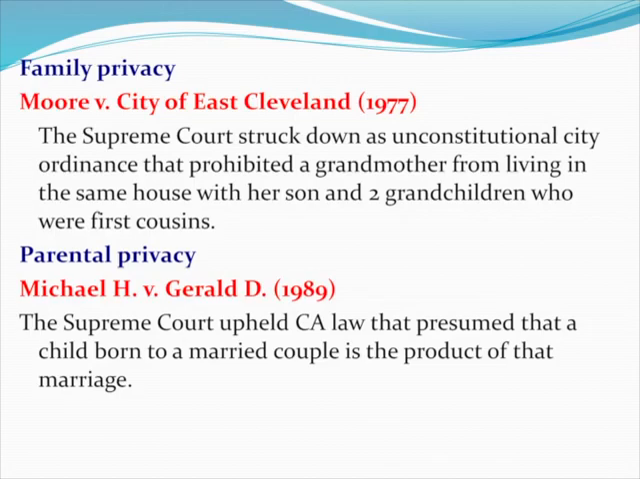Moore versus City of East Cleveland was an interesting case. A grandmother and two of her grandchildren, who were not brother and sister but first cousins, lived in the same dwelling unit together, which was against the ordinance passed by the City of East Cleveland. East Cleveland defined a family as a nuclear family, a parent or parents and children. And so clearly grandma and two grandkids fell out of the definition of a family,